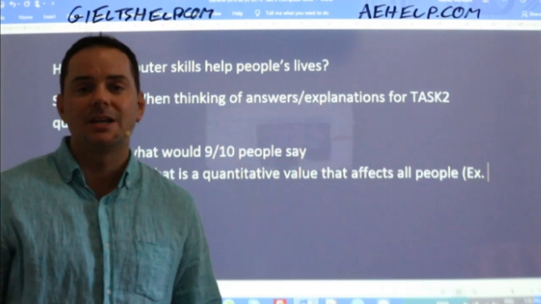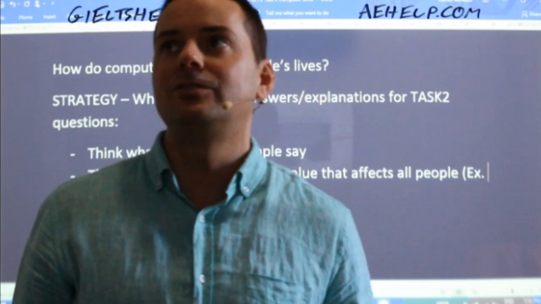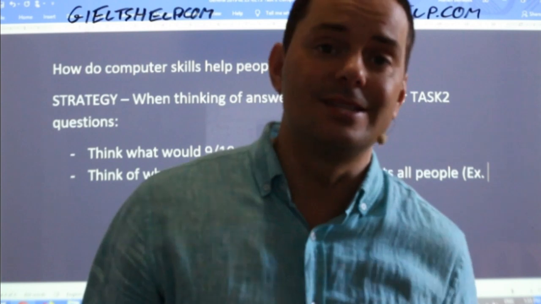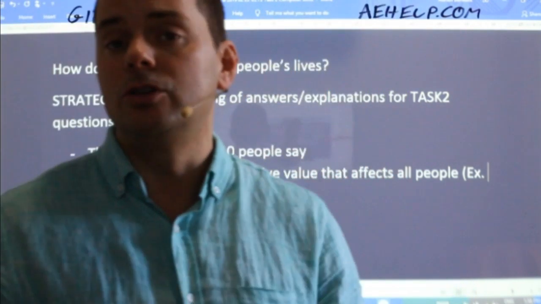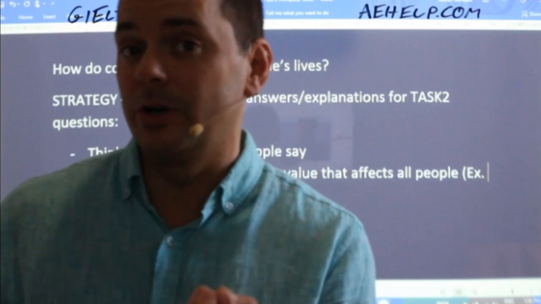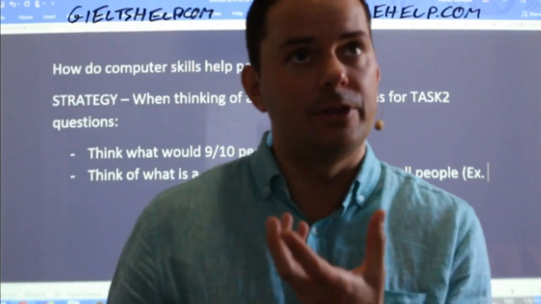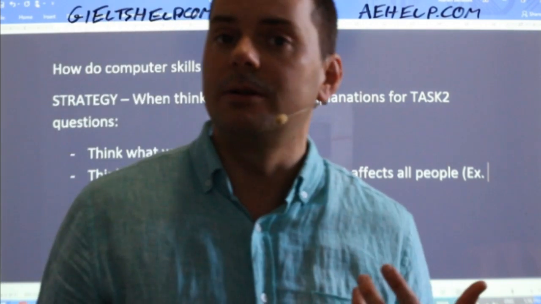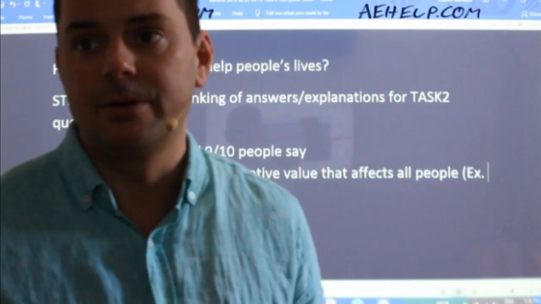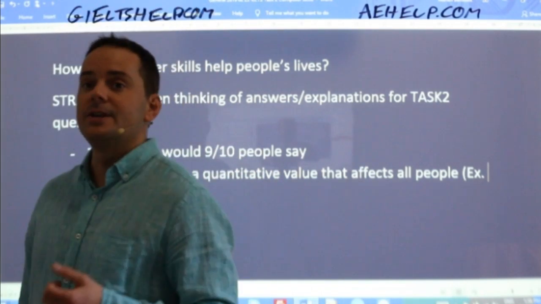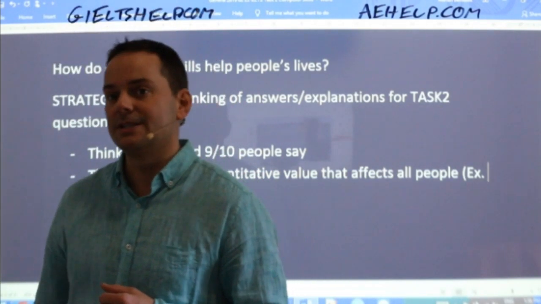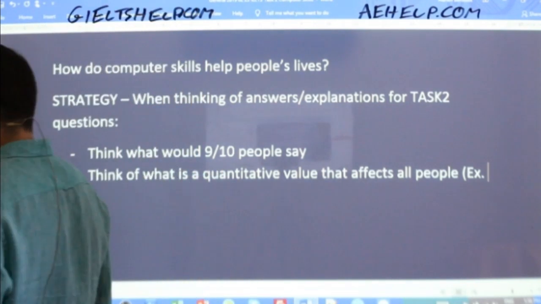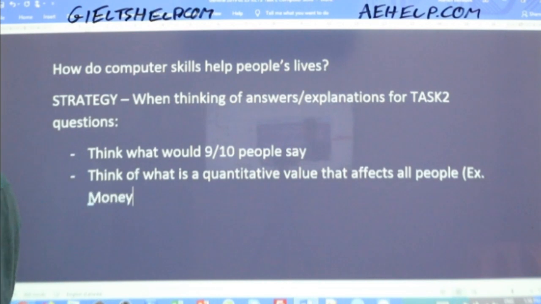Task 2 questions in IELTS are questions that apply to basically anyone, anywhere, whether you're a student in India, Brazil, China, it doesn't matter. You should be able to come up with a very similar answer. A student in China should be able to think, okay, computer skills help save time and money. The student in India, the student in Brazil should be able to think of the same. Then you get into some specific quantitative examples like Yagnesh is saying, which is saving 10 hours a week. Sure. So think money, think time.